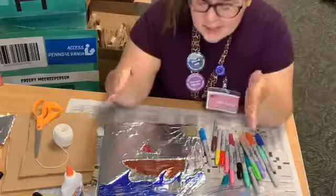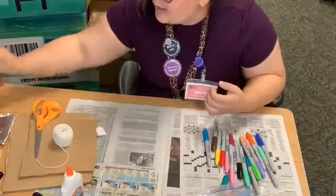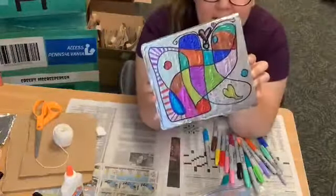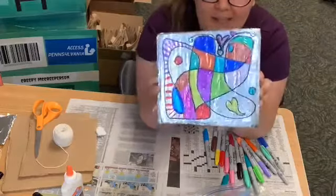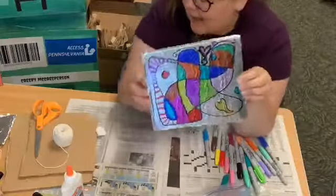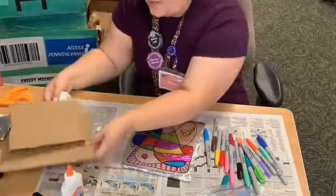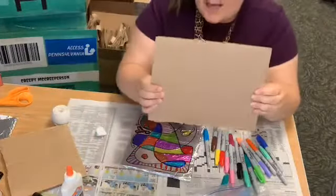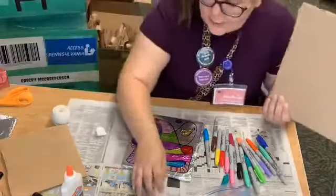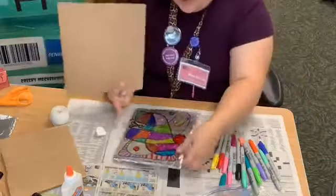So these next two ones are a lot more basic and simple. The next one we're going to be doing is tinfoil doodle art. So this is what I did earlier. It's a lot of fun and it's just doodling on a different type of medium. It's really simple. Again, all you need is a piece of cardboard and the tinfoil and some glue, some stick glue, and some Sharpies. So you would first,